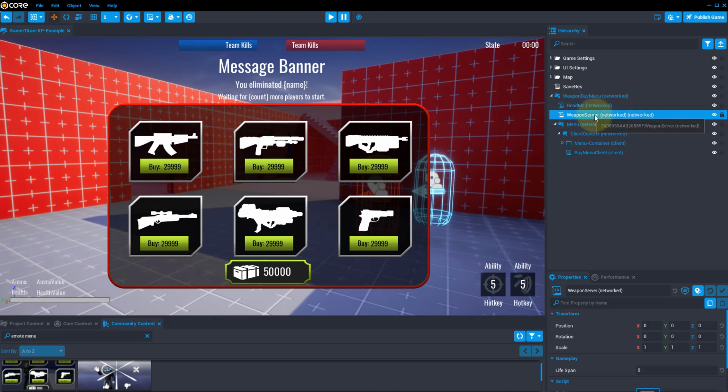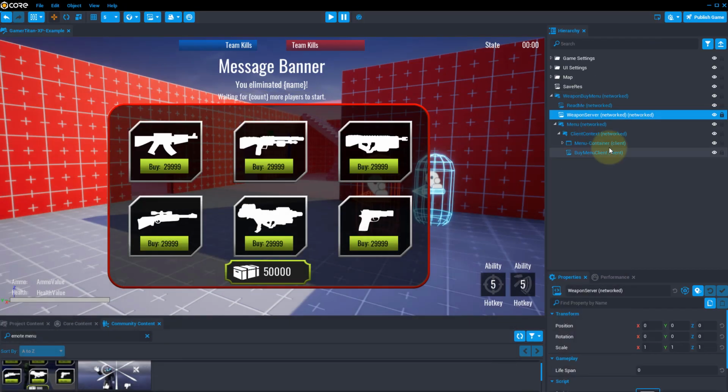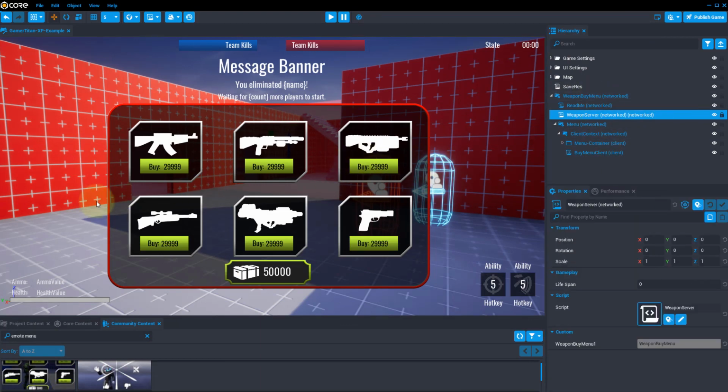So the first thing we have is our weapon server script. We'll go ahead and fire that up in Visual Studio Code. Once again, before we dive into this, how this is set up is if you download this from community content, it's set up where right out of the box you can customize a lot of the stuff without having to manipulate